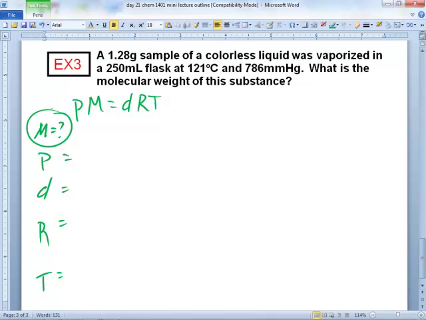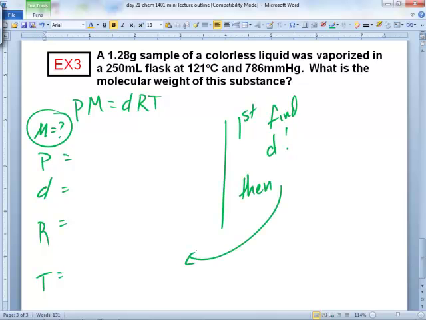This is a two-part question then. You have to find density first. So first find D. Then we'll go over here. How do you get D? Oh, there's a start. Hear what Alyssa said? Get this guy into liters. What else do you have to do? Then what?